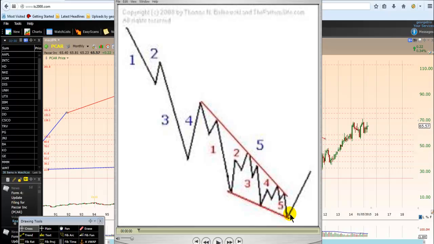So in the up move, the ending diagonal is warning us about a possible sharp correction, alerting us that a distribution is taking place. In a downtrend, this ending diagonal is warning us that an accumulation is taking place. So as other traders are still selling here, the smart money is busy buying. The price couldn't go down, so the first minor wave of the fifth wave is no more divided into 5 minor waves, but into 3, because an accumulation is taking place. Have I explained myself clearly to you?